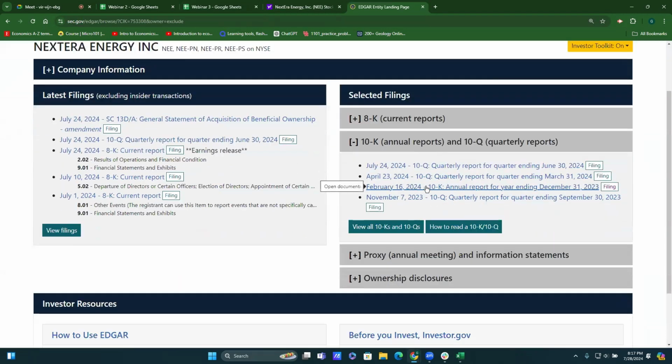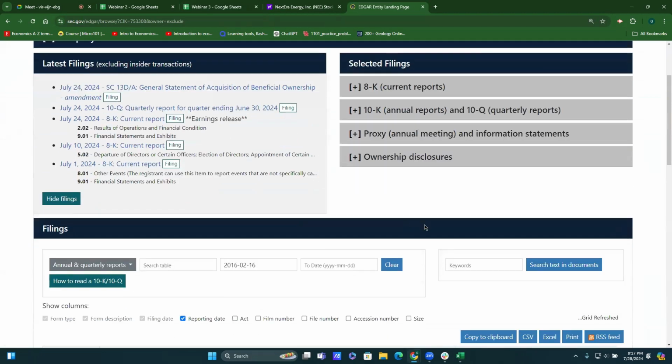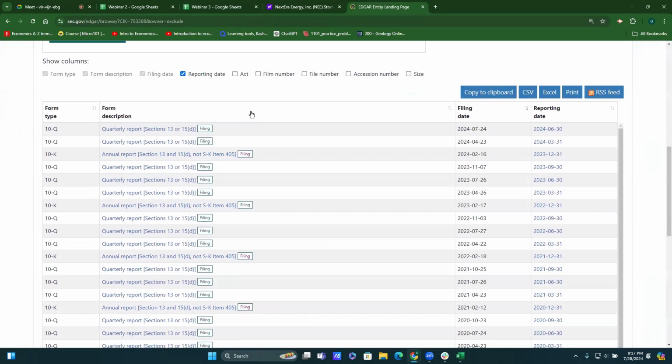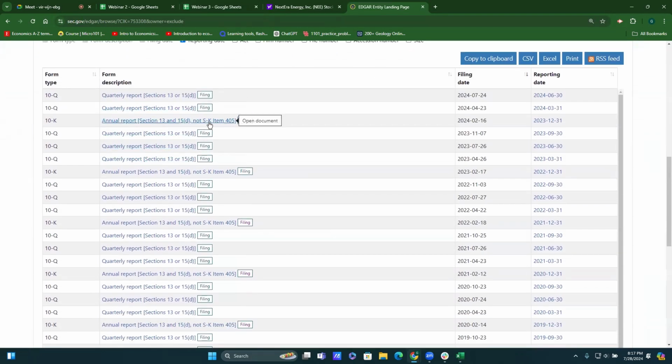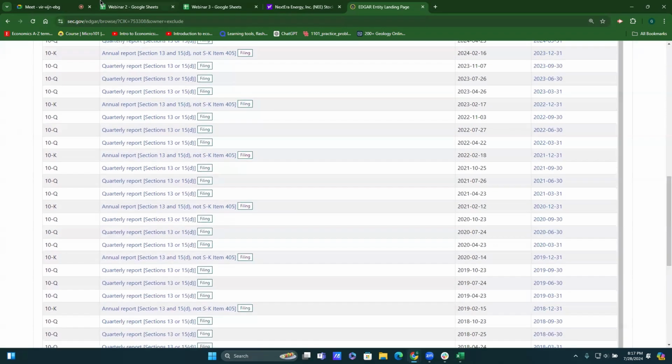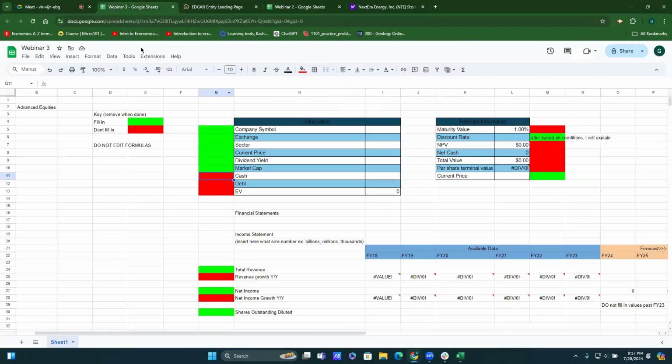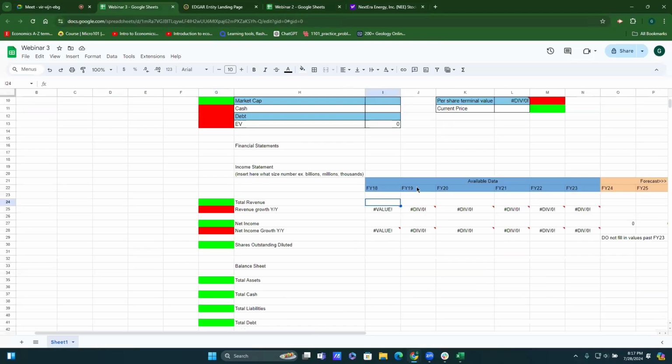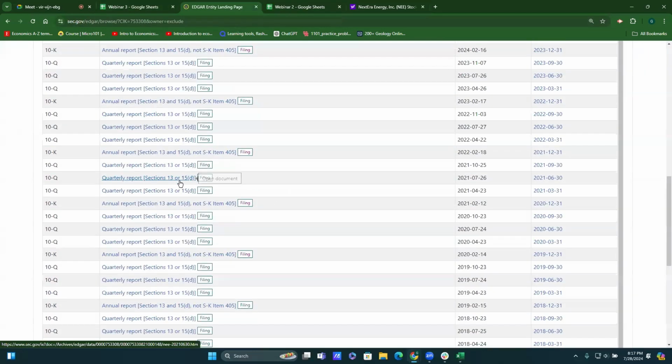So the 10-K is what we want to look for. The 10-K is an annual fiscal year report, including all the financials from the fiscal year, right? So if we go in, our model makes assumptions with fiscal year 18, fiscal year 19. Okay. So we're going to go in